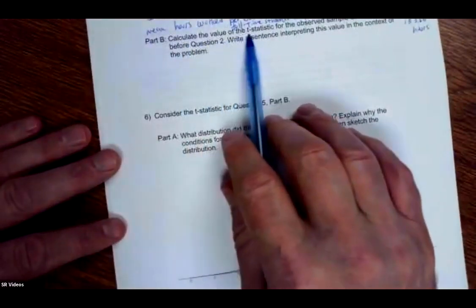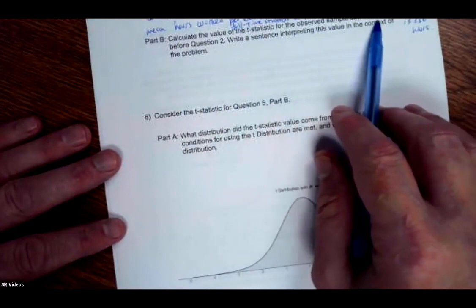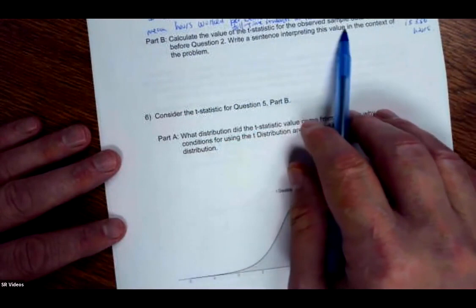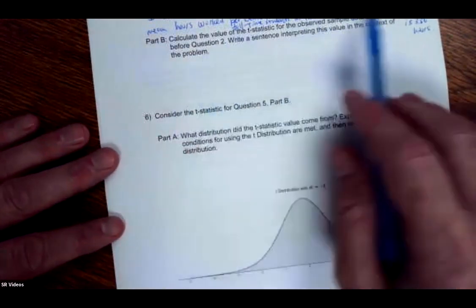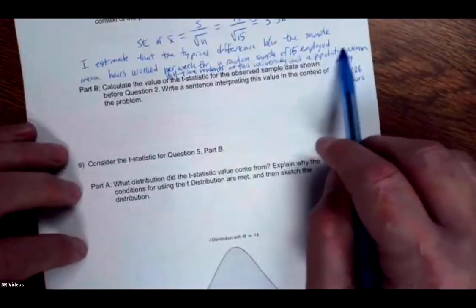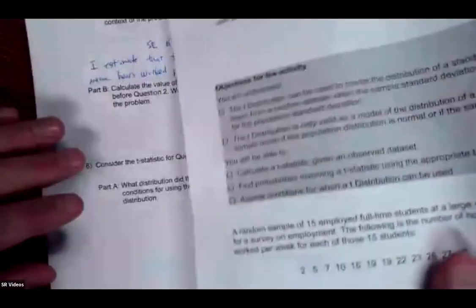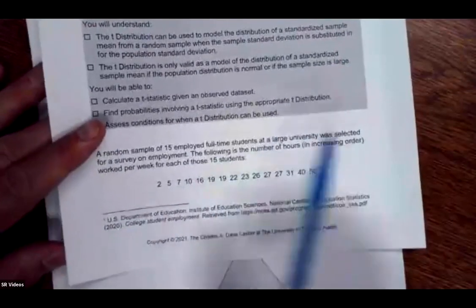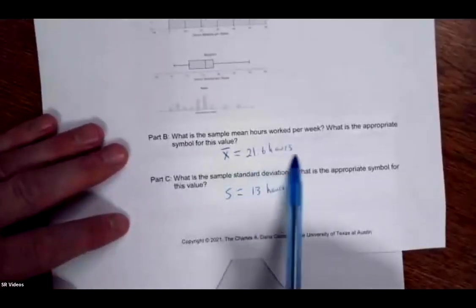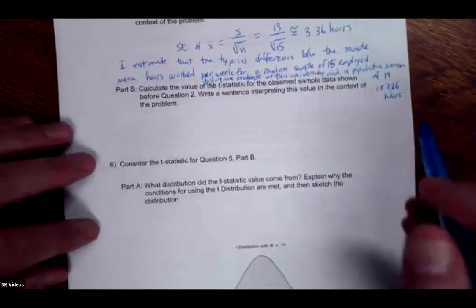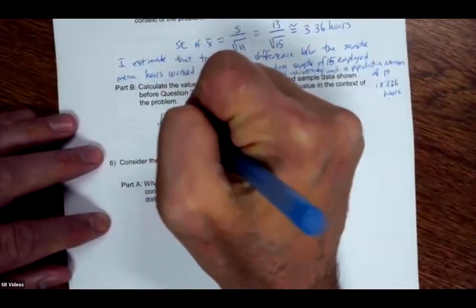Now it says, calculate the value of the T statistic for the observed sample data shown before in question 2. Write a sentence interpreting this value in the context of the problem. So again, we're assuming the population mean was 19. And if we recall back from 2B, we had a sample mean of 21.6. So for this particular sample of 15 students, these 15 values had a mean of 21.6 hours. Assuming it's coming from a population with a mean of 19, then our T statistic or T score,